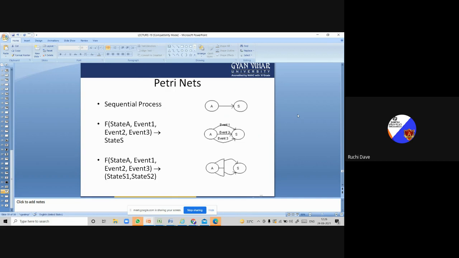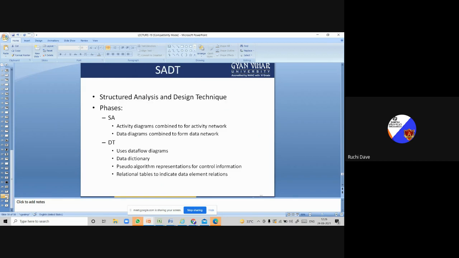These are very important diagrams, and a lot of study is still happening on Petri nets. I will not elaborate much here, but I would like to give you some of the terminology so that you have an idea what these things are about. Please study yourself and then come and ask me, because this isn't in your syllabus, but I'm giving it so that you know, because this is new. This wasn't present earlier. So I thought I should give you structured analysis and design technique phases.